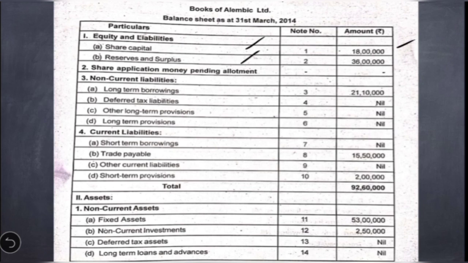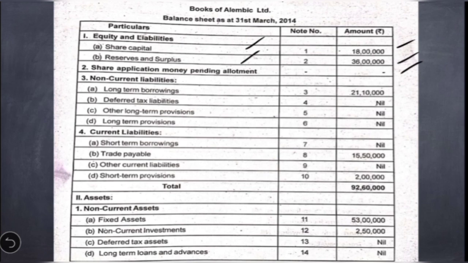Note number 2 is reserves and surplus. We have total of 36 lakh. There is one more item, money received against share warrants. That does not have any note number. Amount is also nil. The second subheading is share application money pending allotment. Again, it does not have any note number. Amount is also nil. Now, third subheading is